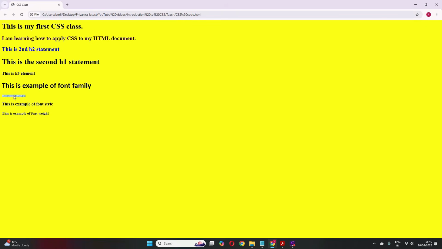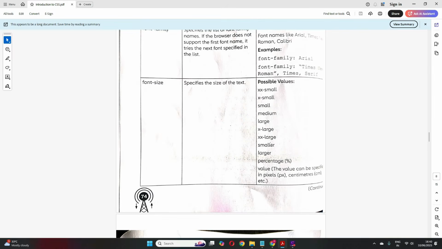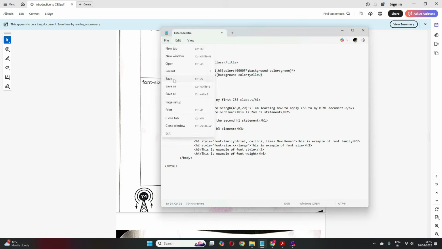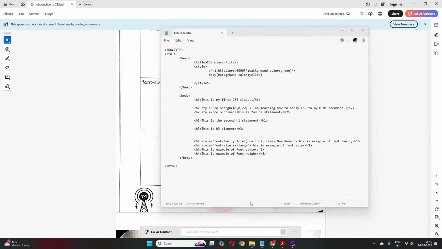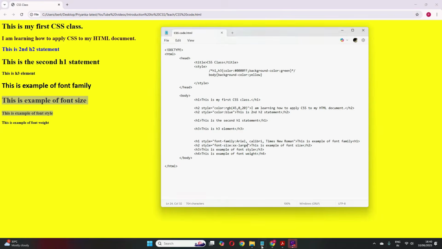Did you see that? So extra large also we can give, which you see we have that property also here, extra large, right? So if I save it and run it here, see, it is extra large. You can specify the value also. Instead of specifying this, I can give suppose 10 pixel.